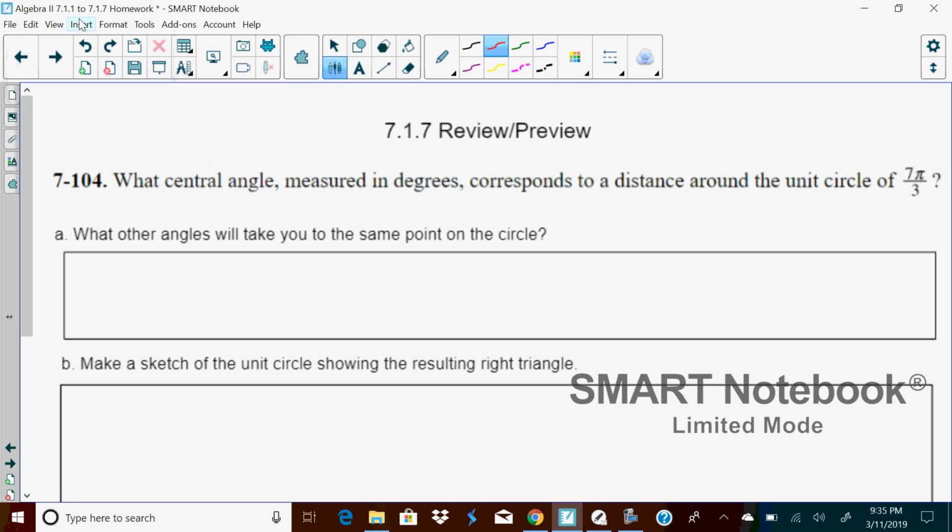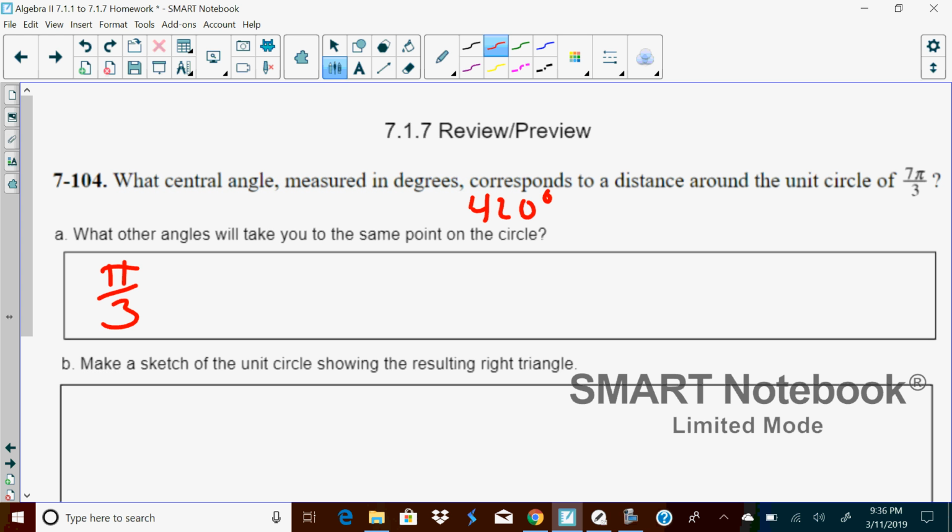Here's the review previews for 717. It says, what central angle measured in degrees corresponds to the distance from 7 pi over 3? So it's actually 420 degrees. So what other angles will take you to the same point? So pi over 3 will,